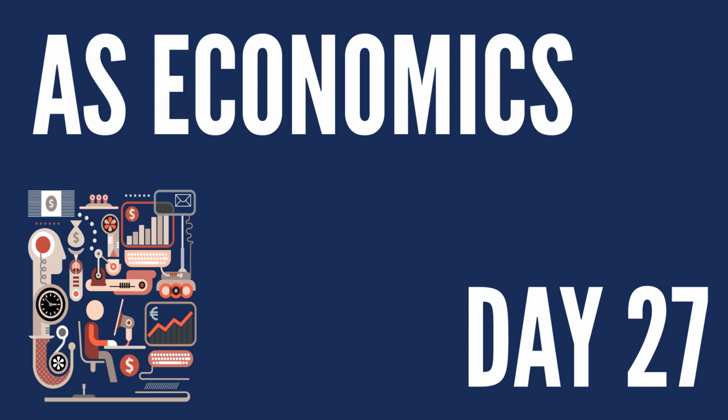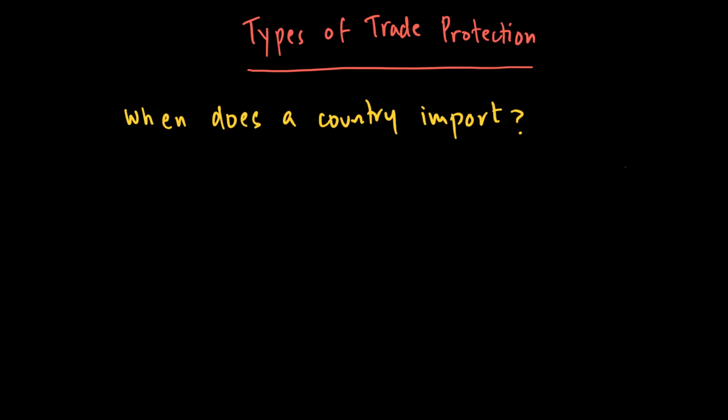Today we are doing types of trade protection. Before we talk about types of trade protection, let's talk about when a country imports. A country imports when the price of the goods that it has domestically is higher than the world price. So a case which we are going to show right now will be where the world price